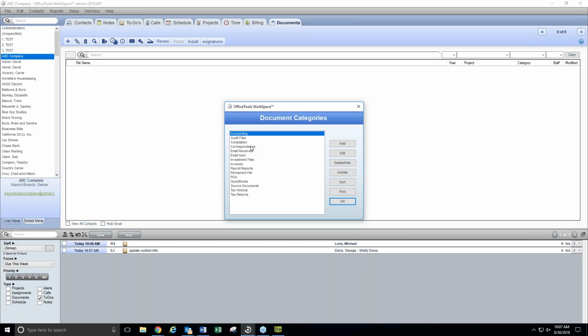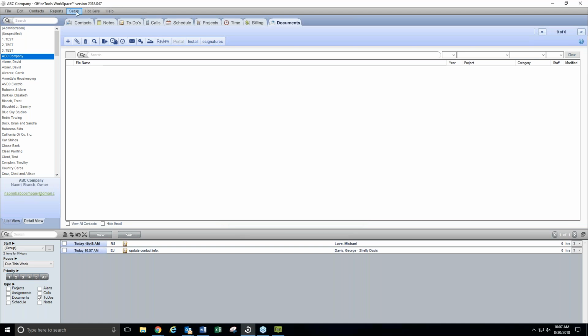If, in fact, we need to add in other titles that you plan on using that you do not see, it is as simple as selecting Add and adding in the document categories by title. A little bit of homework, but once it is set, once again, you're done with this. Last but not least, coming towards the end, Setup, Documents. We're then going to come to